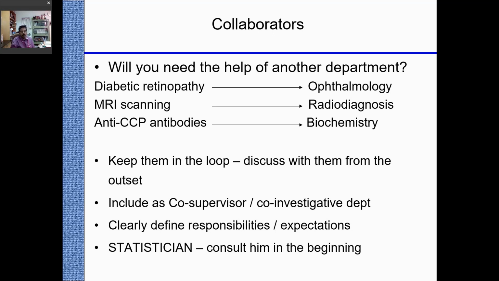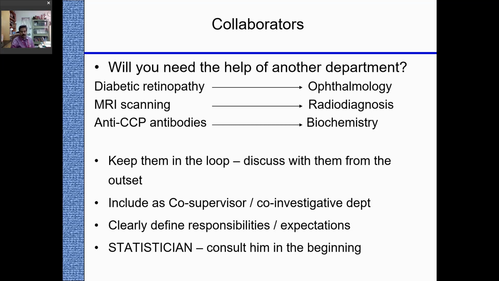So it is important to include such collaborating departments from the beginning. You can talk to your supervisor, say that you will need a collaborating department, and let the supervisor decide whom to contact as a co-supervisor. And it is very important to define the responsibility of the supervisor and the co-supervisor in the course of the